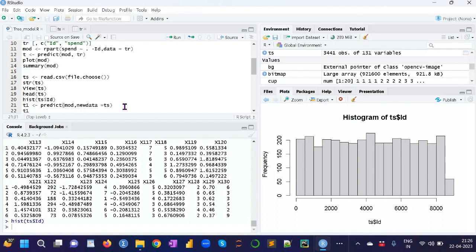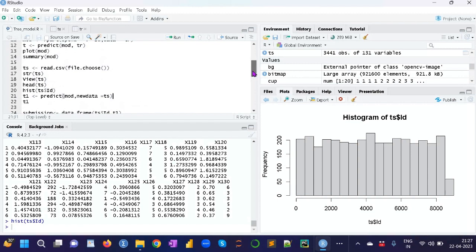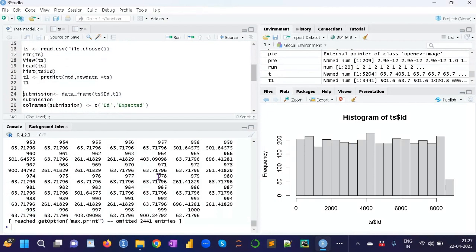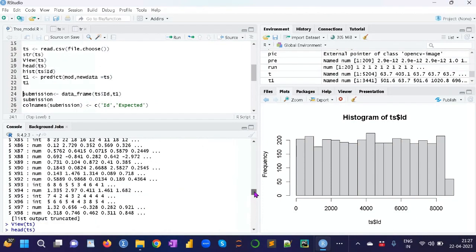There I fetch only ID. In both data sets, ID is a common variable, a common column. So if we run,